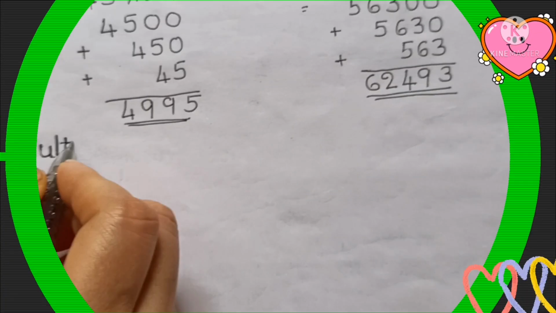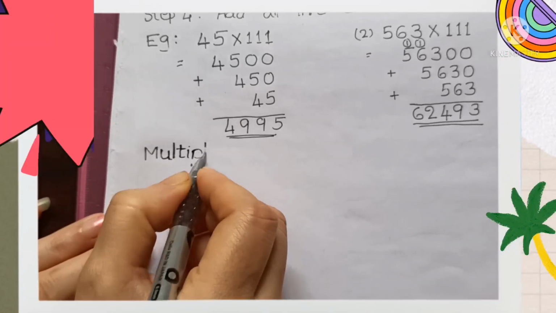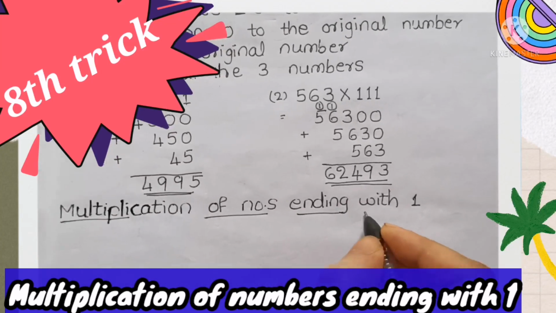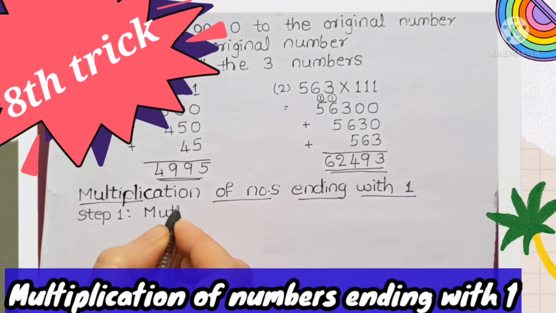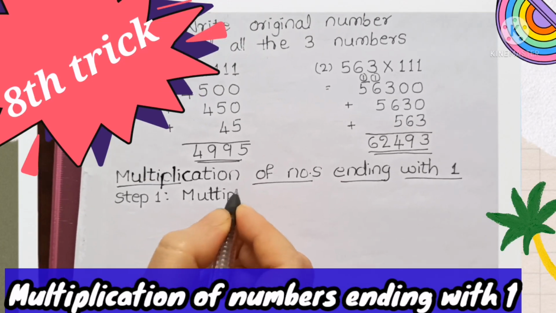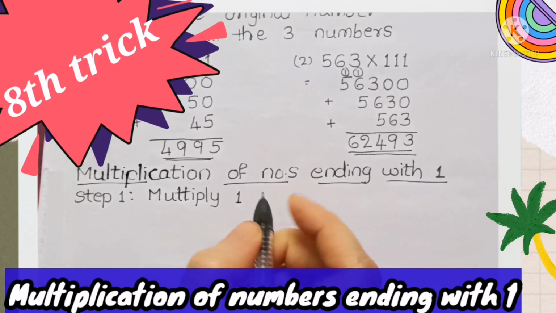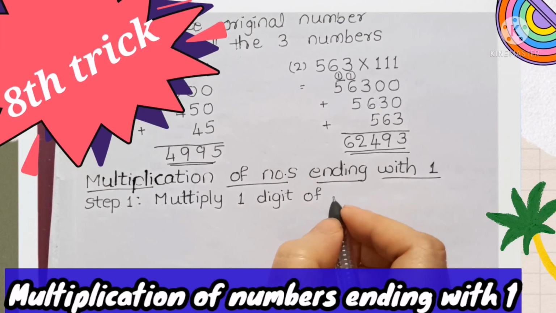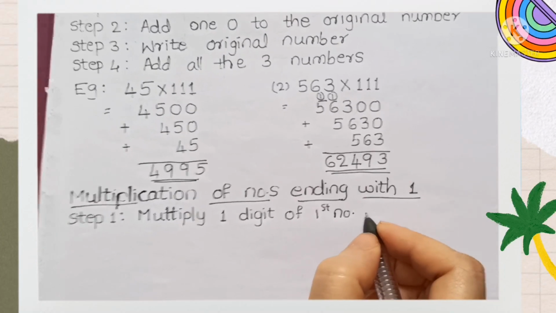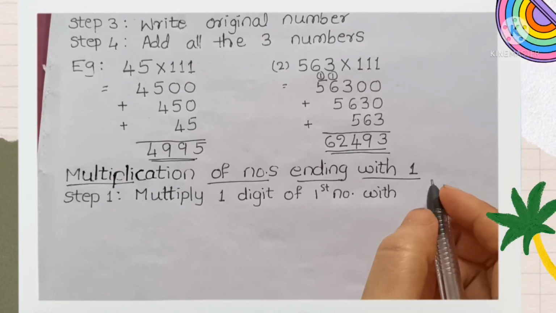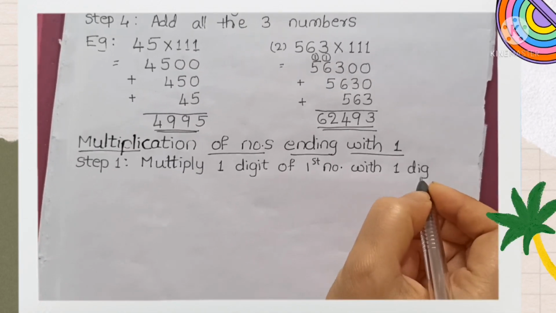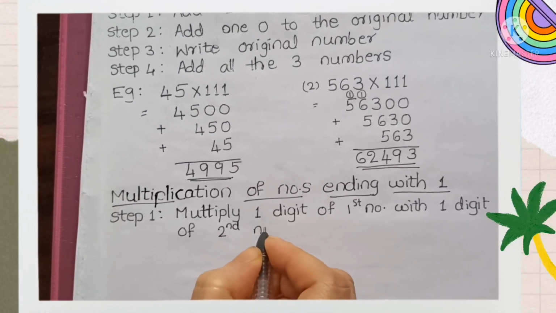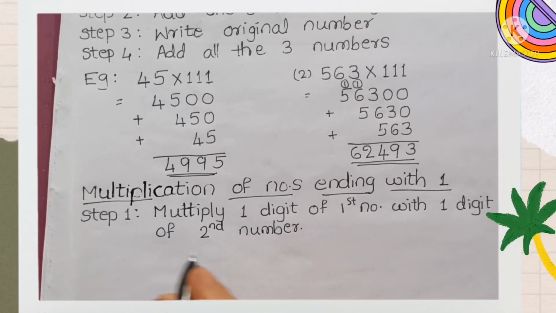हमारी नेक्स्ट ट्रिक है मल्टीप्लिकेशन ऑफ नंबर्स एंडिंग विथ 1। इस ट्रिक में फर्स्ट स्टेप है हमें हमारे नंबर का फर्स्ट डिजिट, फॉर एग्जांपल अगर हमारा नंबर है 81 × 51, सो हमें फर्स्ट नंबर जो हमारा 81 उसके फर्स्ट डिजिट 8 को सेकंड नंबर के फर्स्ट डिजिट से इंटू करना है। मतलब 81 × 51 है तो हमें 8 × 5 करना है। हमारा फर्स्ट स्टेप ये है कि हमें फर्स्ट नंबर के फर्स्ट डिजिट और सेकेंड नंबर के फर्स्ट डिजिट को इंटू करना है। हमारा आंसर आएगा 40।